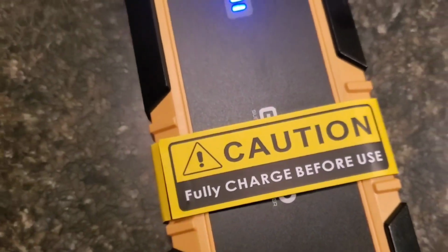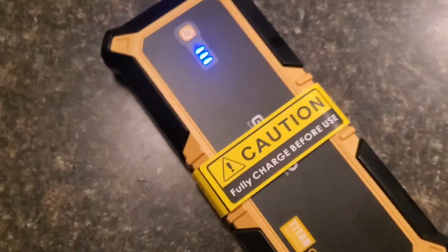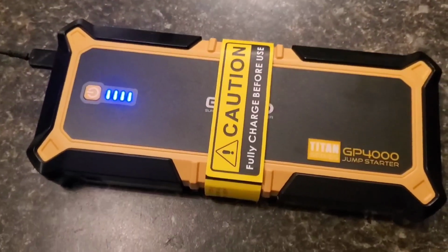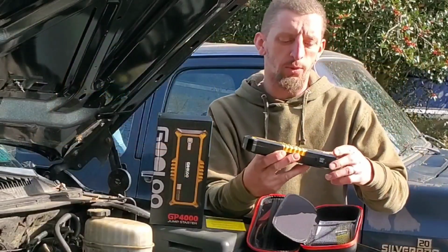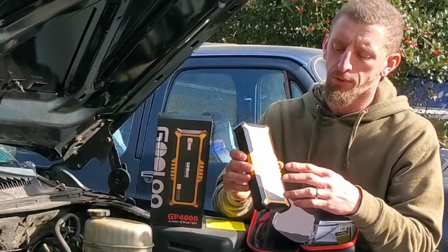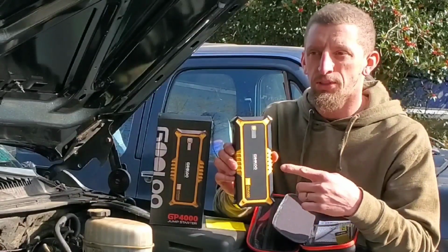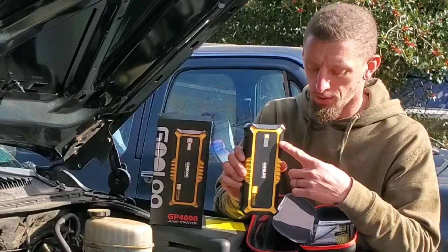charge before use. So I did put it on charge prior to me jumping this vehicle here, and it took a couple hours, I guess. I mean, it was pretty well charged up, but it did take a couple hours for it to become fully charged. So you're definitely going to want to check the status of the battery and put it on charge, just